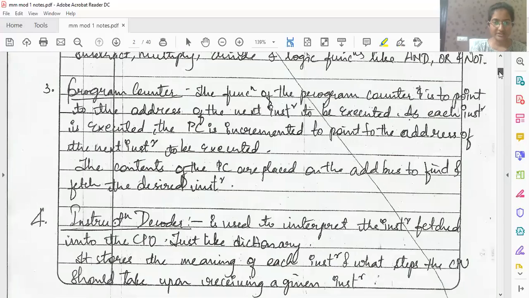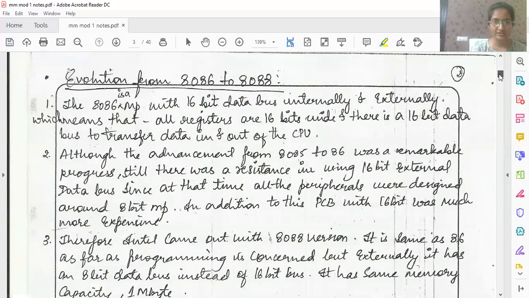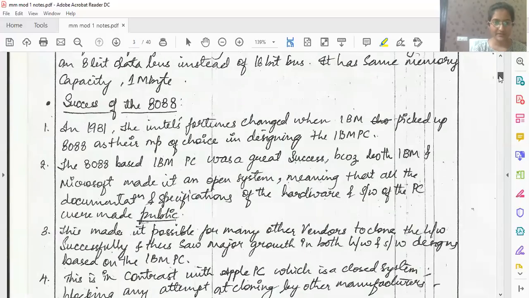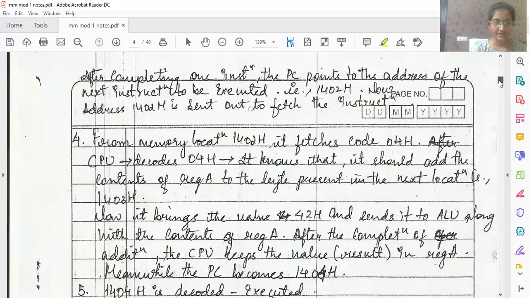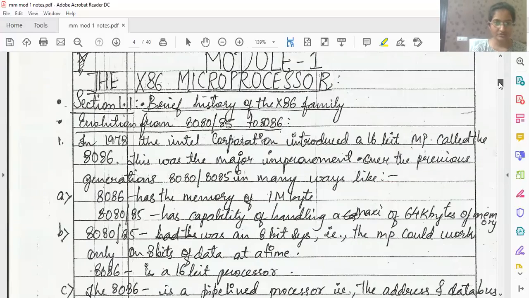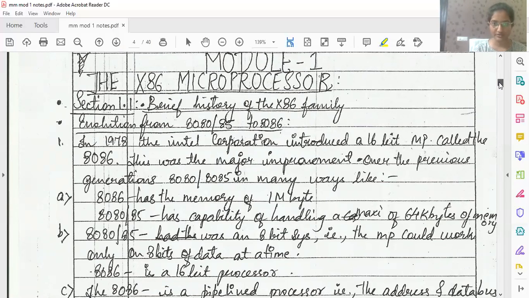Then next, what we have seen here is evolution of 8086, 8088, right? And we also have a brief history of the 86 family, a brief history of evolution of the processors, different processors, which we have studied in the previous chapter. Okay, so it is given point-wise. Theoretical points are there, you can go through by yourself. And we are going to have another Zoom class wherein we will be clarifying our doubts and we will be discussing the topics that I have sent in the recorded video. All right.